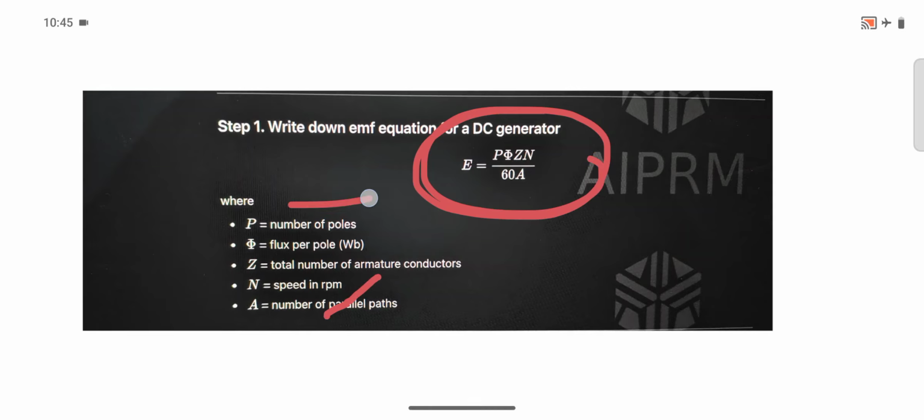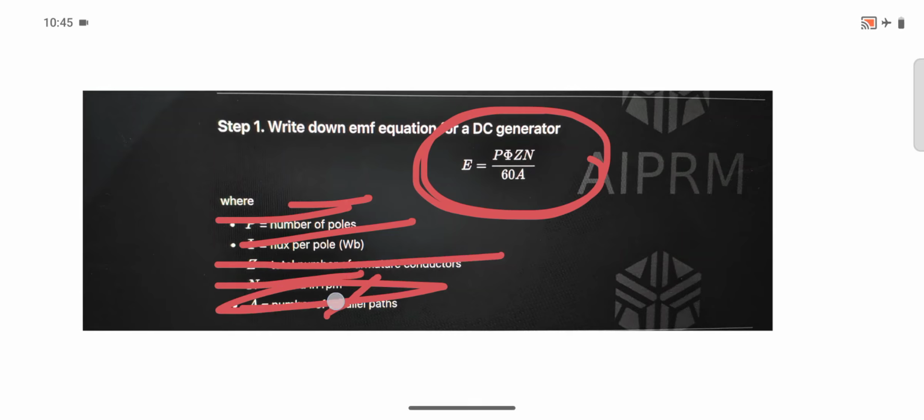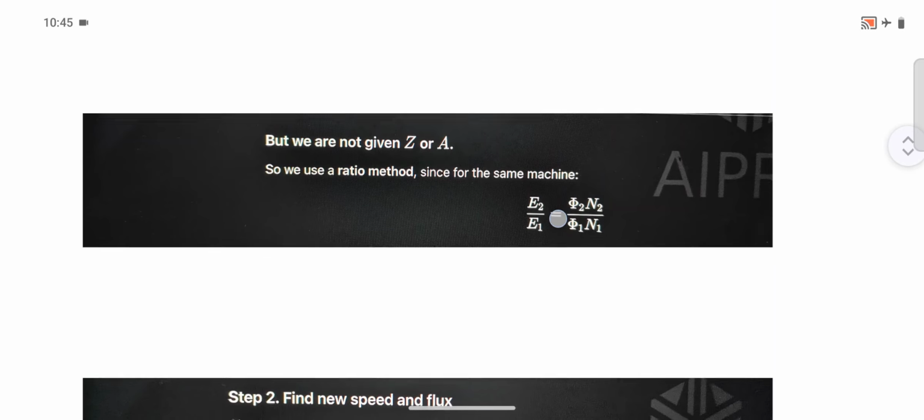P is number of poles, phi is flux per pole, represented by its SI unit Weber, Z is total number of armature conductors, N is speed, A is number of parallel paths. But we are not given